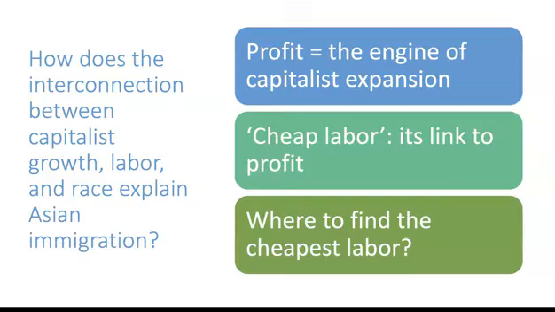But in the West, where would the labor force be found? You don't really go across the Atlantic to find the cheapest labor. You're in the American West, right? And therefore, you look to Asia. You look towards the Pacific Ocean. That is where you're going to find your cheapest labor. So again, hopefully you could see the interconnection here between capitalist expansion driven by profit, the nature of labor, and how that's related to capitalist growth. And in our country, at least, how race figures prominently here. Here you're seeing economics tied to race, right?